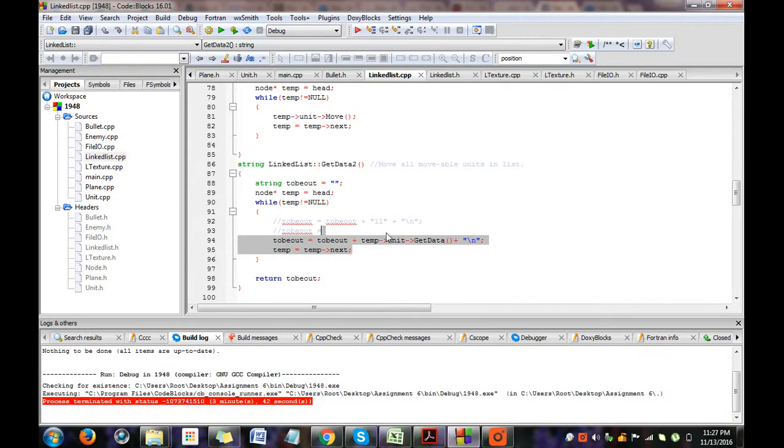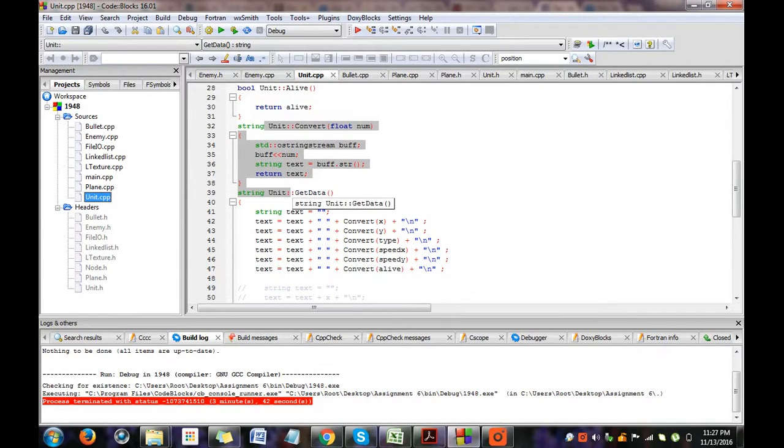Let's see what getData does. It is present in unit. Unit CPP is the base class, so the functions in this class are accessible to the child objects. The getData basically has a string which in each step concatenates the